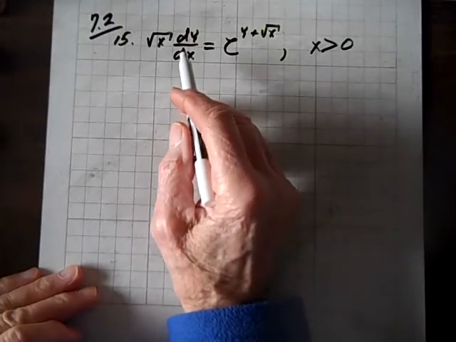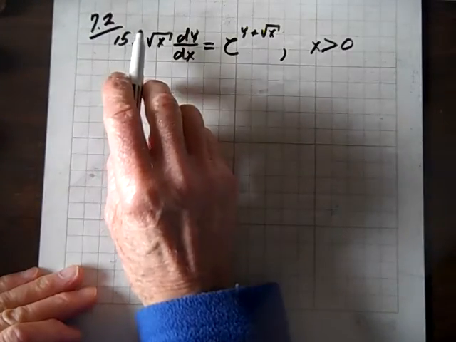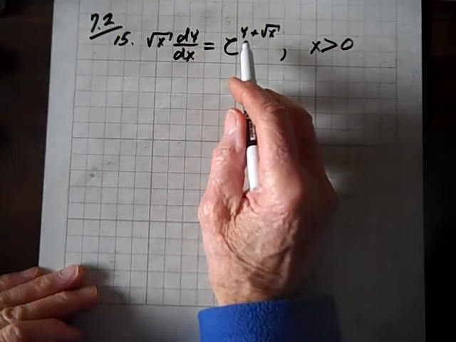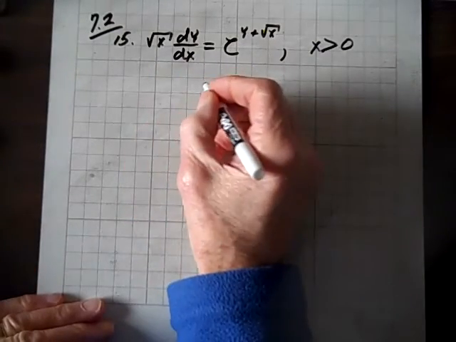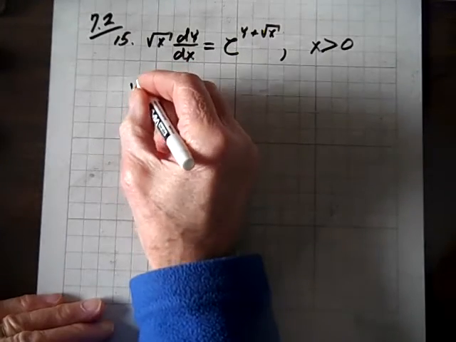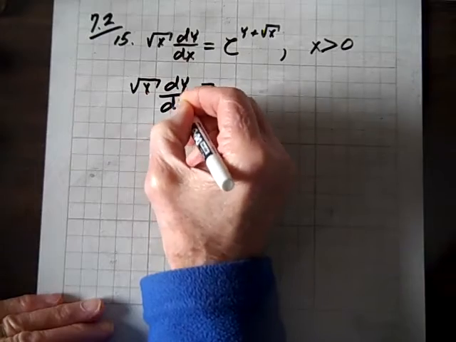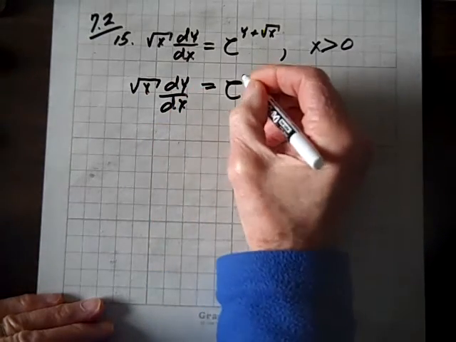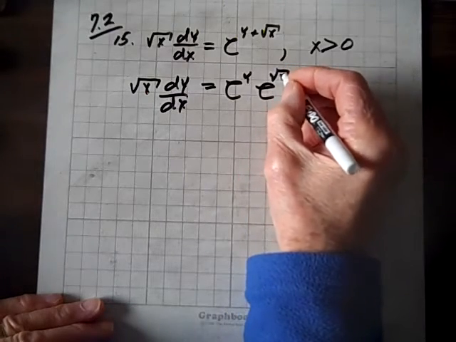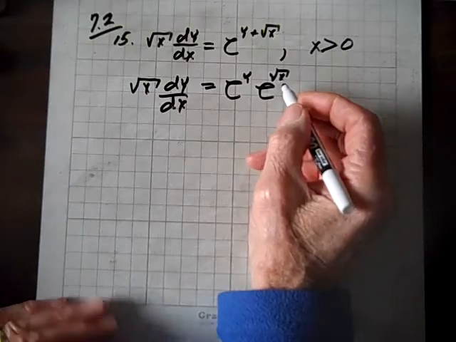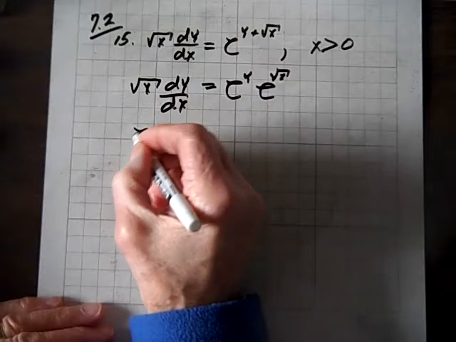So let's multiply both sides by the reciprocal of the square root of x, both sides by dx, and both sides by the reciprocal of e to the y. And by the way, let me clear something up before we do that. This equals e to the y times e to the root x, because when you multiply like bases, you add the exponents. Now we'll go ahead and multiply things such that we isolate